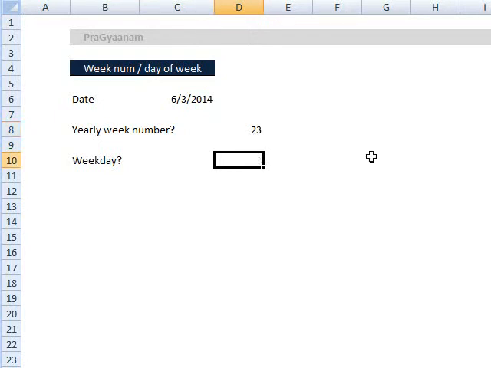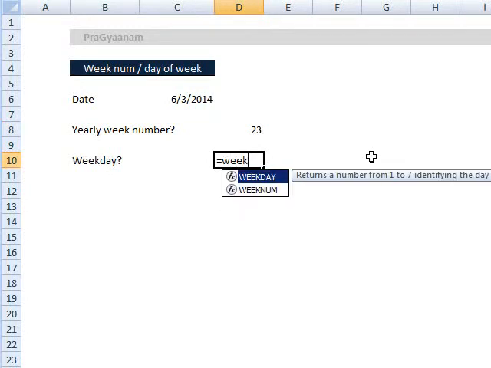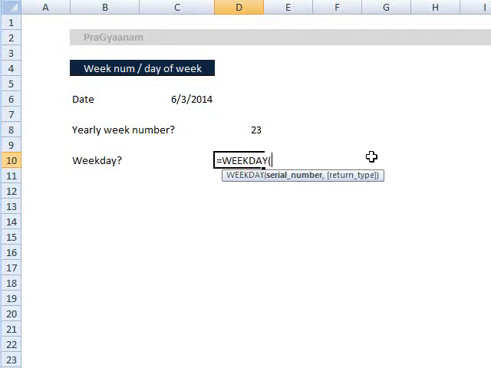Another useful formula is to know the weekday. So what's the day of the week currently? Again, the formula name is WEEKDAY, and we can pass the date part. It gives us 3. Now 3 means that it is the third day of the week, since the clock has changed. So currently it's the 3rd of June, which is a Tuesday,